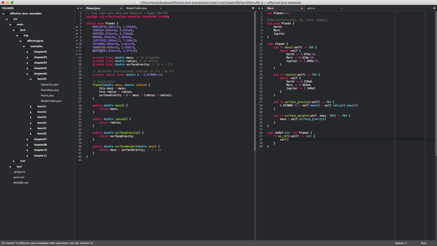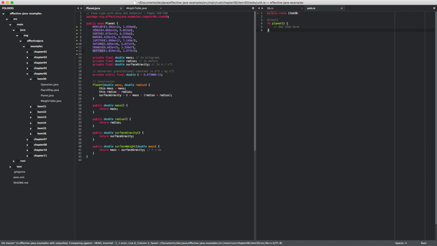And then it's really about matching on ourselves again and saying that for Earth return Earth, for Mars return Mars, for Jupiter return Jupiter. There we go. So now we can represent ourselves as string and should be close to being able to implement